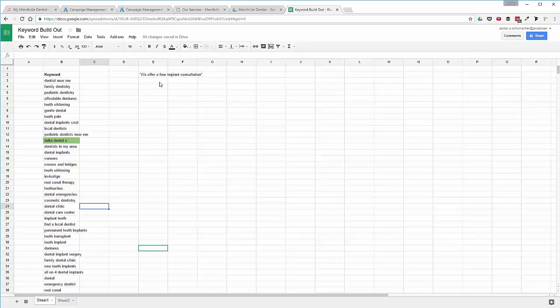And then there will be a non-brand keyword location targeting, and then a non-brand geolocation targeting. Basically, that means there's going to be a campaign with just generic non-brand keywords like dentist in my area, dental implants, all of these things. And in addition to that, these keywords will have the qualifier Merrillville, Indiana. That's what I mean by the keyword location targeting: the location will actually be in the keyword,